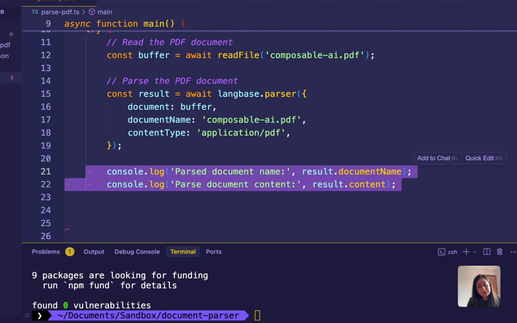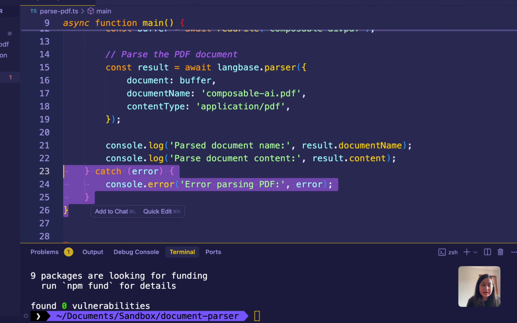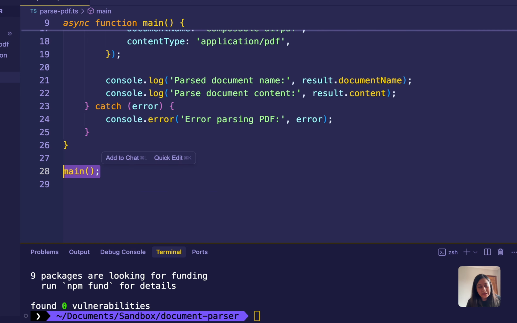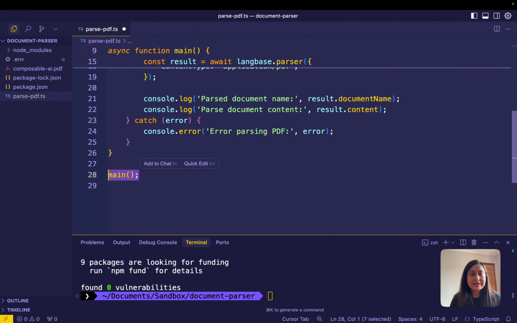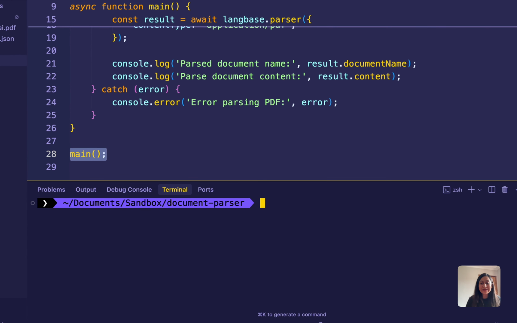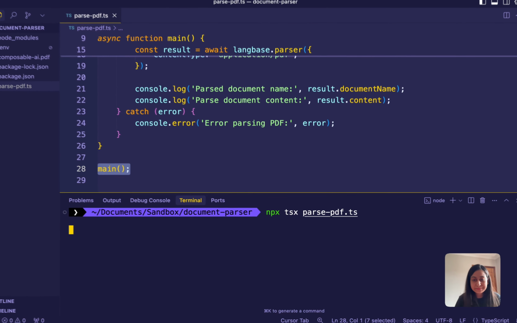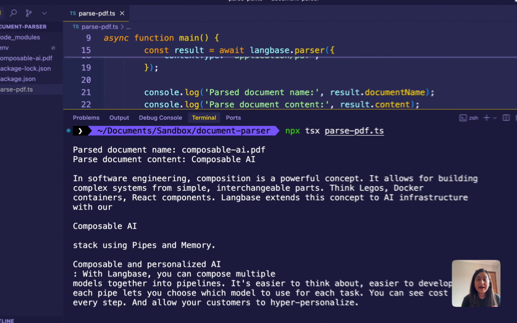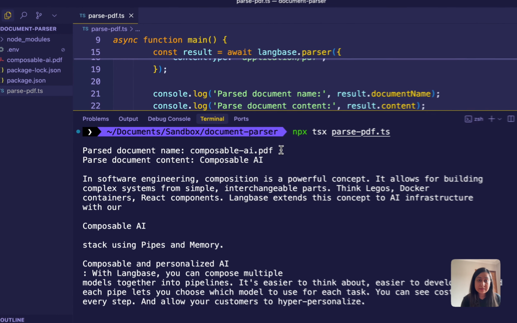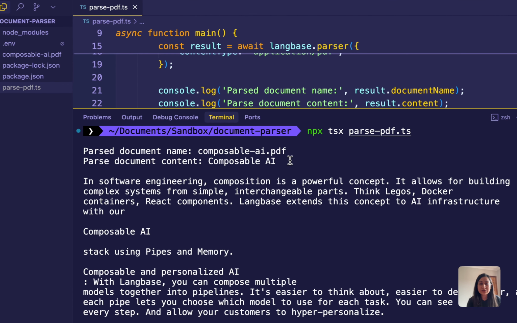Then I'm going to print the parsed result, then handling errors. If anything goes wrong, for example, if the file is missing or the API fails, the error will be caught and printed. And in the end, run the function. Let's save this file. Let's now run the script to parse the document by this command, npx tsx parsepdf.ts. And in my terminal, I get the parsed output, which is the document name and the parsed document